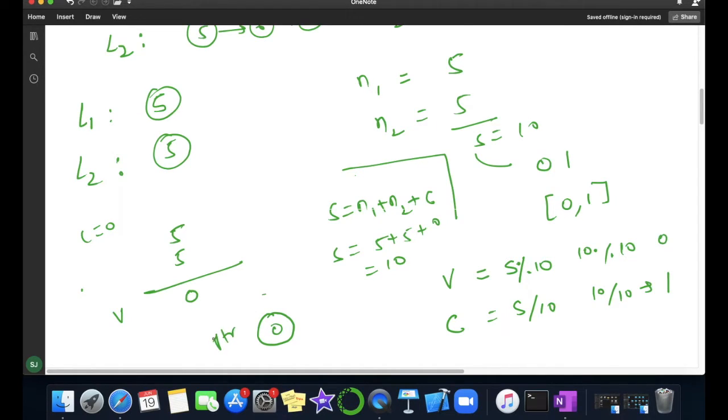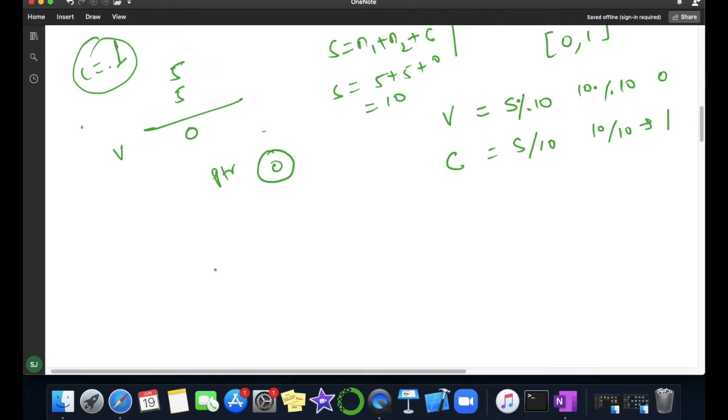And suppose this is my ptr. Now all the values are finished, but we are left with carry here 1. Carry is updated with 1. So now we are left with carry 1. So we will check one condition. If my c is greater than 0, then again I will what? I will create a new node and pass the value as my c.